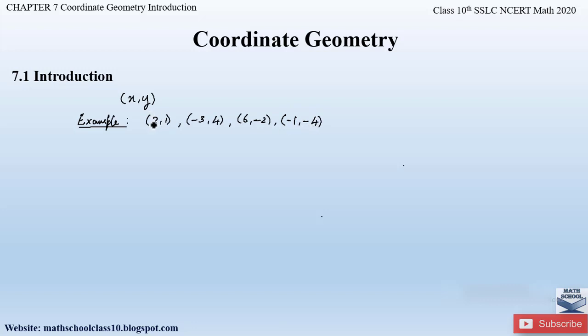In the first example, you can see that both x and y are positive. Whereas in the second example, x is negative and y is positive. In the third example, x is positive whereas y is negative. And in the fourth example, you will see that both x and y values are negative, right? So how do you get this minus and positive sign for x and y? This can be better understood when we take a graph and explain it.